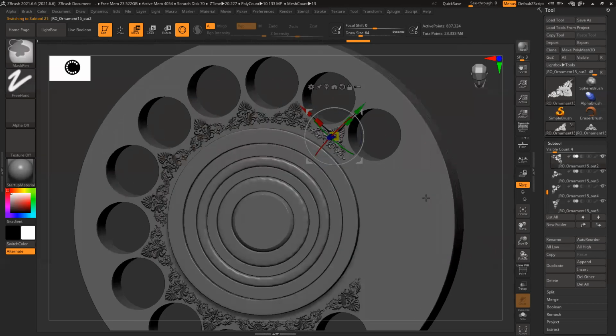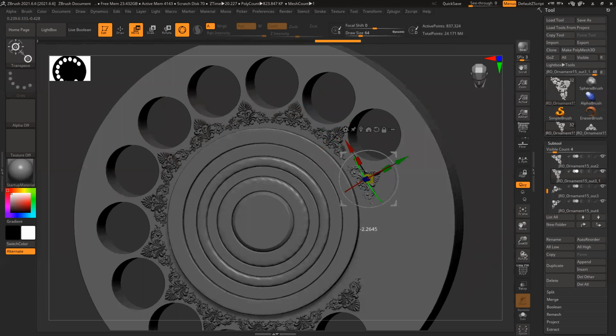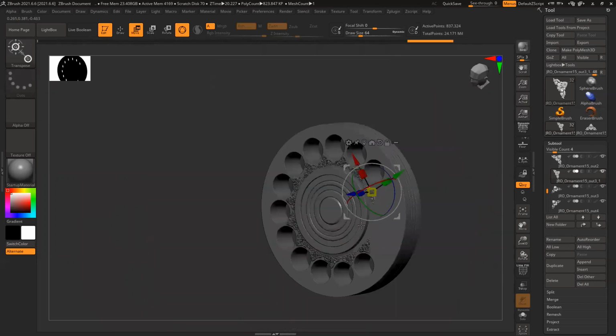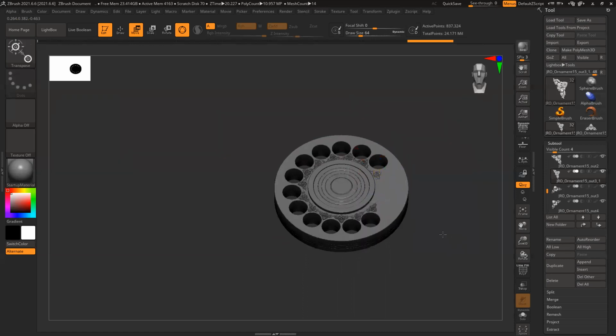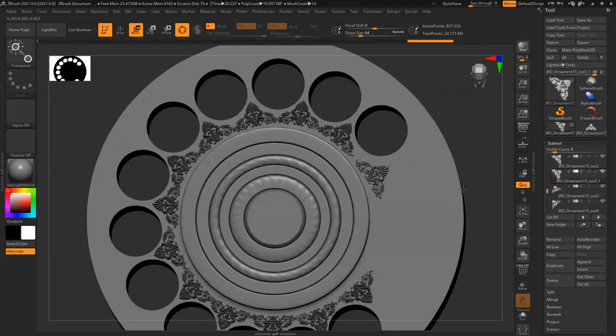This one, duplicate. Now, similarly, I need to add those things outside also, the outer part of this design.